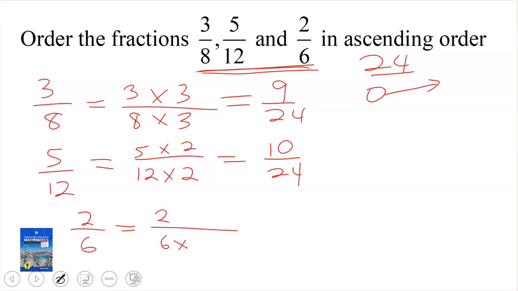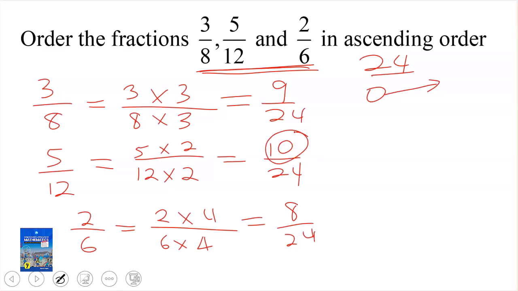6 times 4 will give us 24. So the same thing will be done also over here. So here we are going to have 8 divided by 24. Now when you compare these numbers, you see that the one with the biggest numerator, which is 10, is the